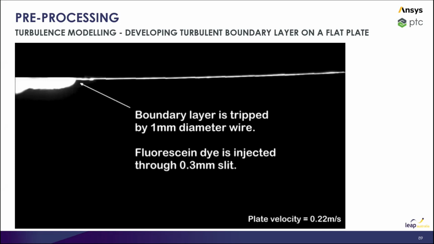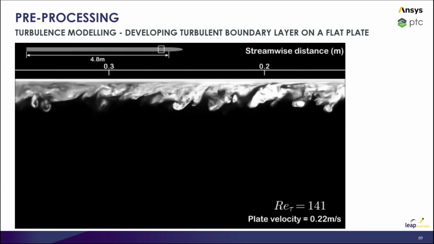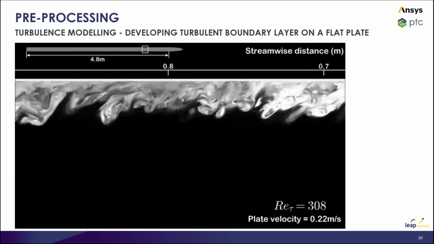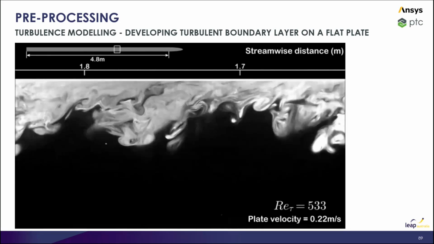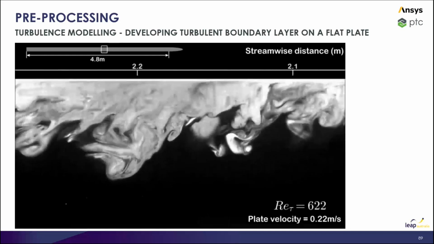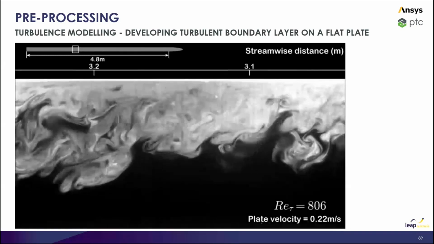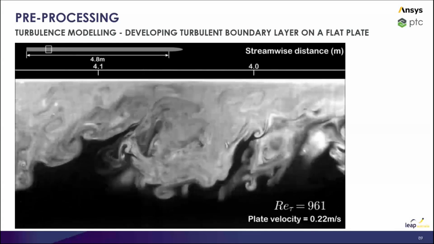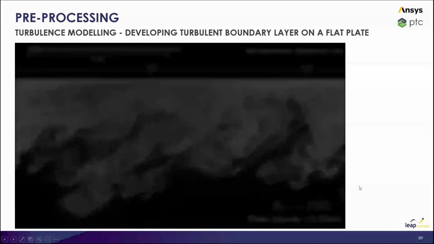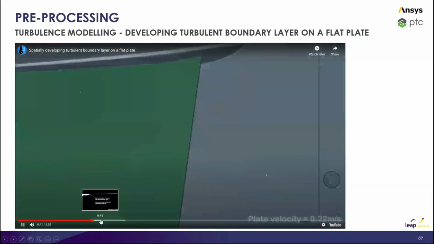Now here we're looking at a turbulent boundary layer on a flat plate. Okay, so we're looking at a wind tunnel experiment with some smoke. And you can see that they've tripped the boundary layer, and the boundary layer will always grow. So along any surface, the boundary layer is always growing. And we're getting some turbulent effects. And you can see that as we go along, our Reynolds number is changing. And the reason for that,